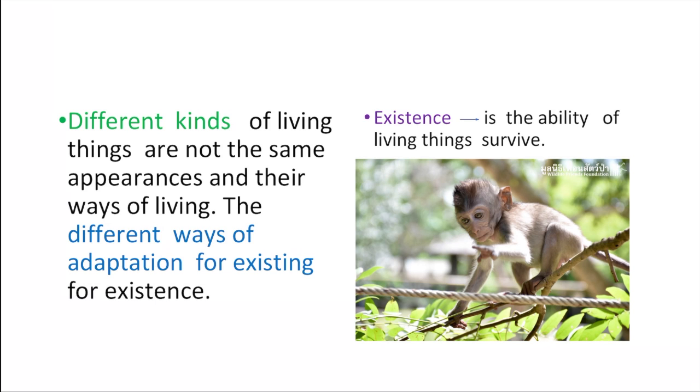Okay, now the different kinds of living things. These are not the same in appearance and in their ways of living. There are different ways of adaptation for existence. Existence is the ability of living things to survive. So if you understand the process of existence from the beginning, from the start,